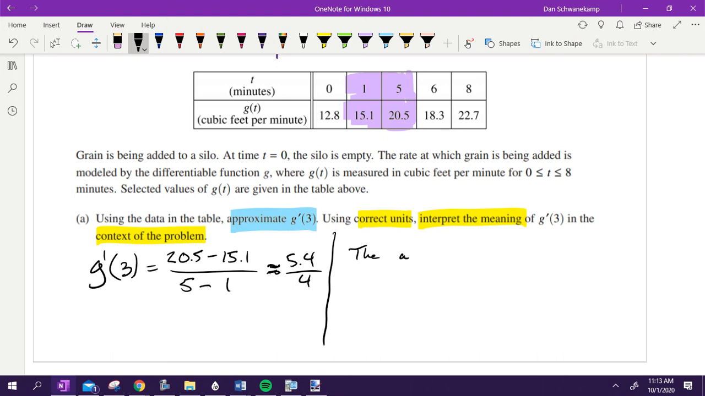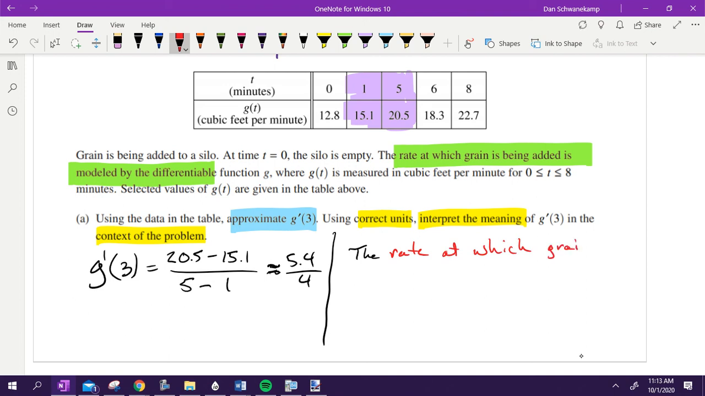Okay, we're finding G prime. That is the derivative of G. What is G? Somebody just said it. It is the rate at which grain is added. Okay, that is the trick here. It's a little bit funky. Okay, but you're correct. It is the rate at which grain is added, and it's going to matter here in a second. The rate at which grain is added